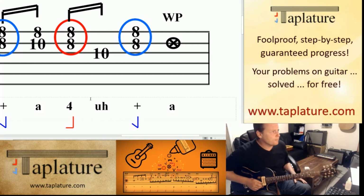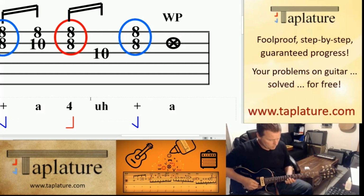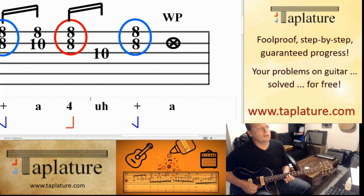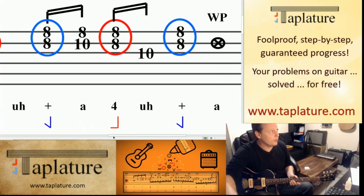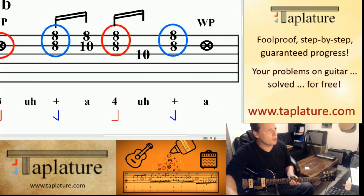So running that a bit more musically in time and bringing some speed into it, it will sound like this. 4 and 4 and 4. We could then move on and put beat 3 and 4 together to make the full second half of that top line,